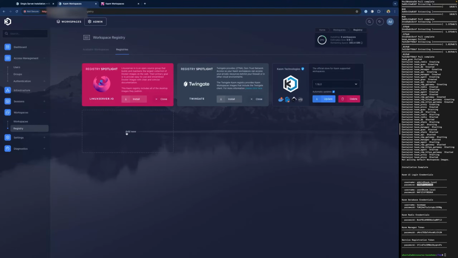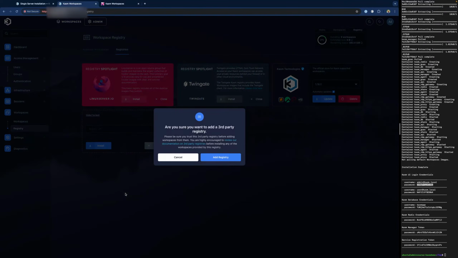You have the ability to click add here for any third-party registry provider that you want to add. It goes without saying, you should only install registries from third parties that you trust. But this is how we would install that. You'll get prompted, are you sure you want to add a third-party registry?